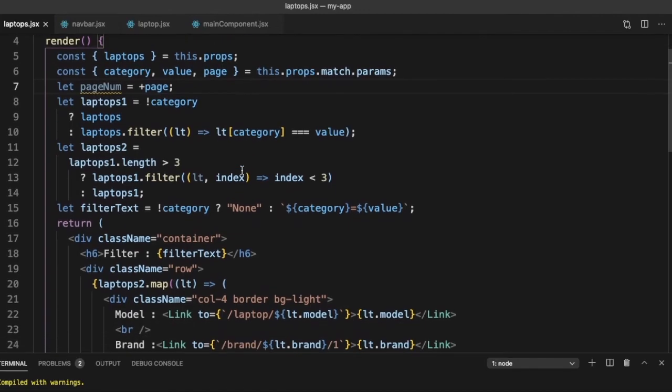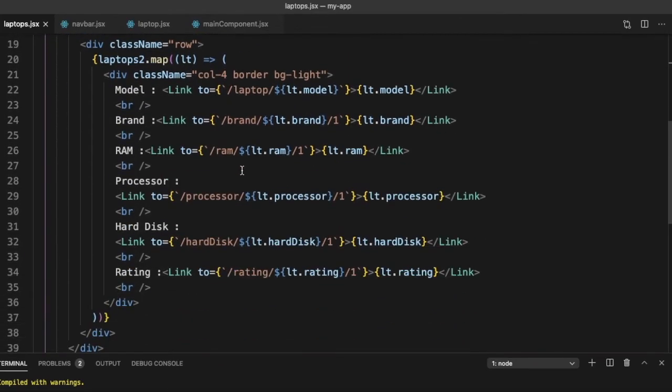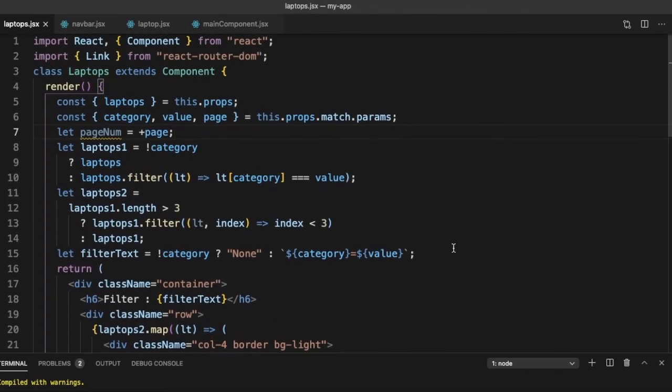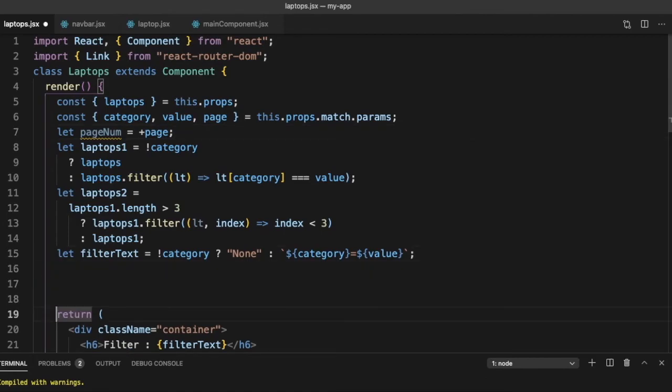Once we have done that, what are the things we need for pagination? So let me just put down here. I need to know which start index, end index to show from. So we'll need that for our filter that we defined here in the laptops.